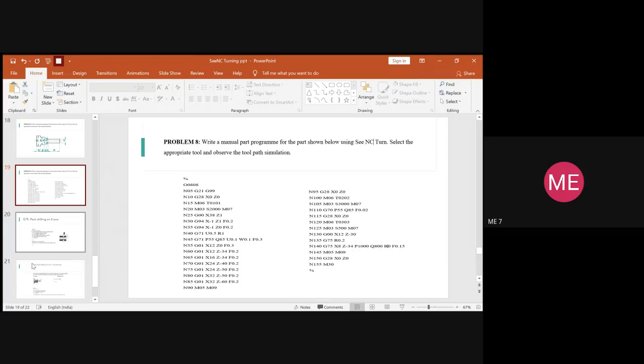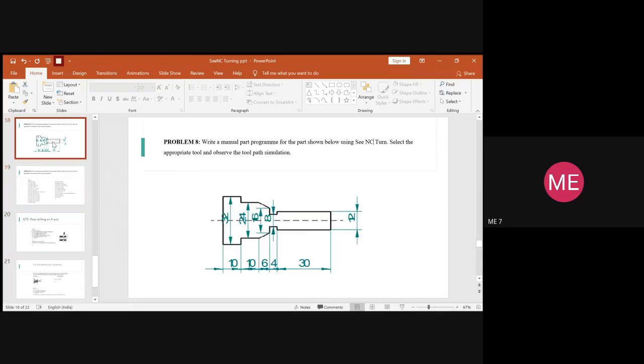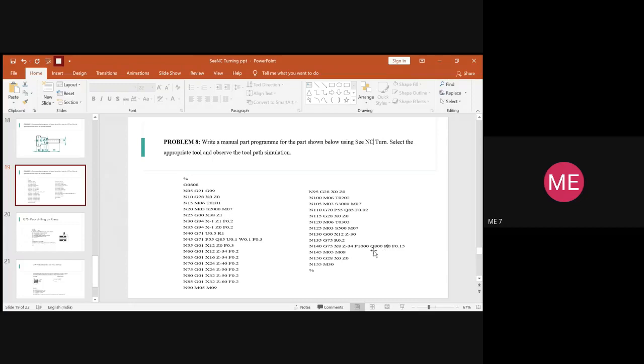Similarly, Q is nothing but the lateral shift in the Z-axis. So what is the shift you need along the Z-axis? That will be given in terms of microns again. So it will be 800.